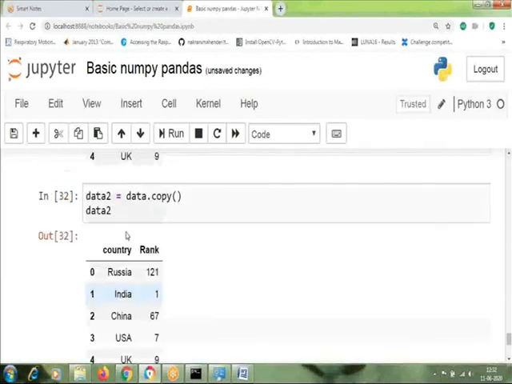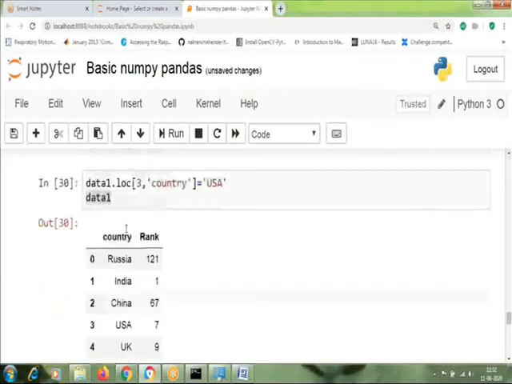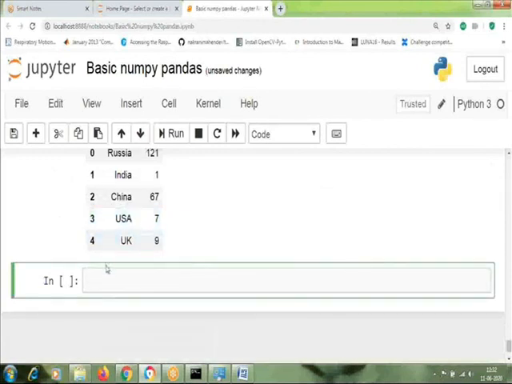Now if I do the same thing and change USA to Japan again, let's say in data 2, country, I'm going to change it to Japan.